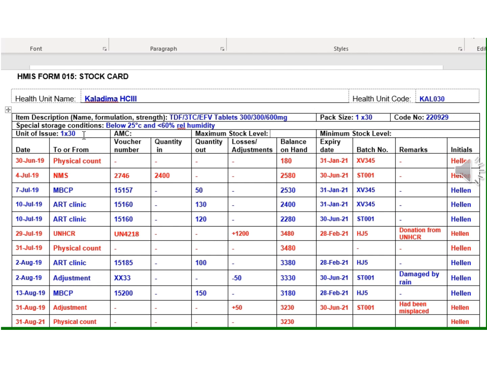Maybe they might choose to issue out a blister, or tablets or strips, and they disregard a pack. So whatever they decide to issue out is defined under unit of issue, and that is what is reflected on the StokoCAD. So whatever I see here on the StokoCAD is a representative of the unit of measure that has